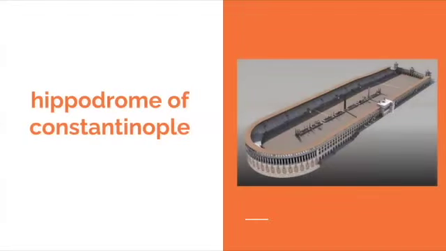Now let's look at the Hippodrome of Constantinople. This hippodrome was used for chariot racing throughout the Byzantine period. The hippodrome was also used for other public events such as parades, public executions, and the public shaming of the enemies of the emperor. It provided an opportunity to show the people the emperor's power, wealth, and generosity in lavish public entertainments that went on for days at a time, often coinciding with public holidays, so everyone could come and see what was going on inside the hippodrome.